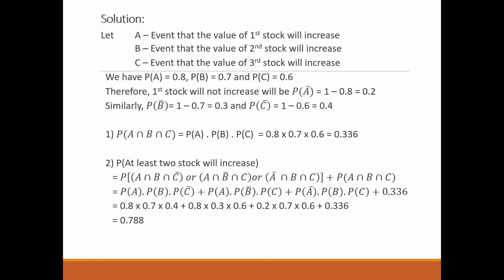Okay, now based on the same concept, can we solve the third one? The third one says that we have to find the probability that only one will increase. Only one, that is, the word at least is not there here. So please remember the last part where we had written plus P(A and B and C) will not be considered in the third question. Okay, so this is not going to be there. Whereas you can consider writing this probability up to the three different combinations. So if you have done it, you can share the answer.